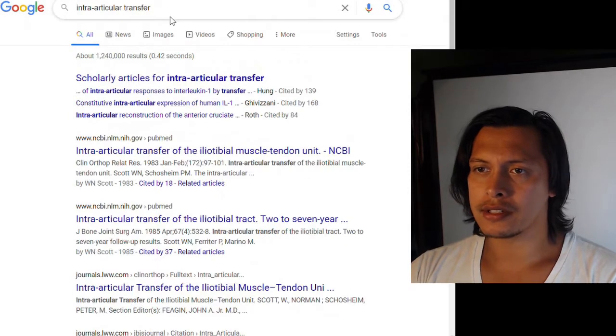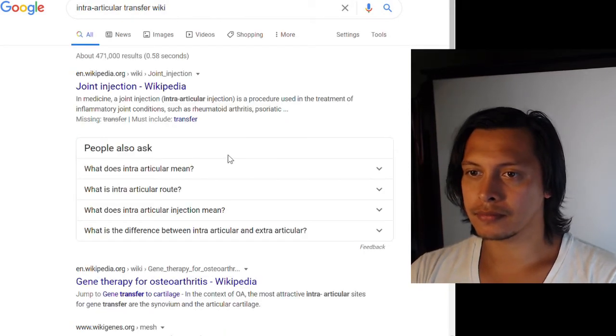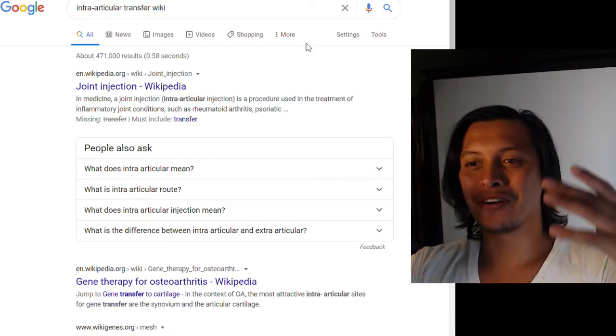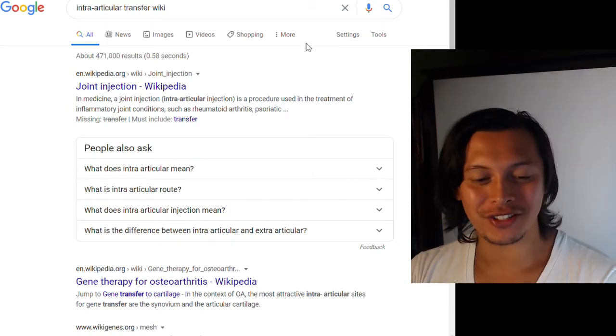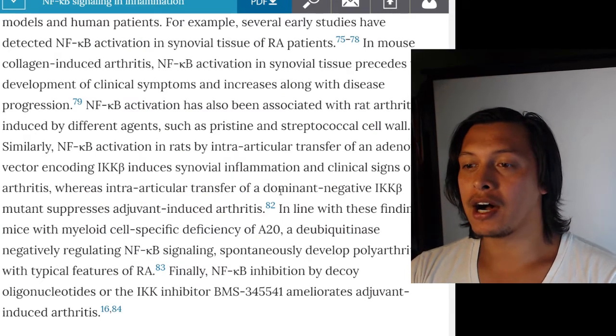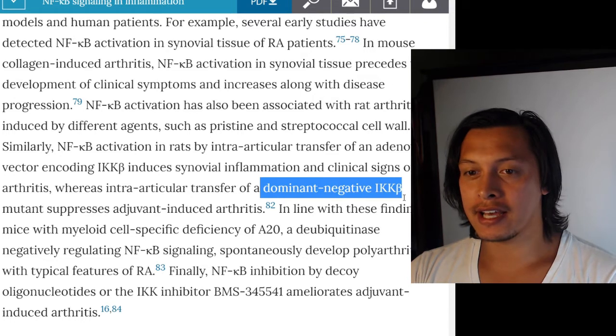And I just need to wiki. Okay, so that's a joint injection. Why don't they just call it a joint injection? So when they do a joint injection of a dominant negative IKK beta mutant,